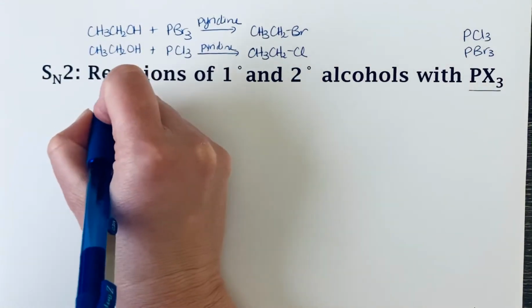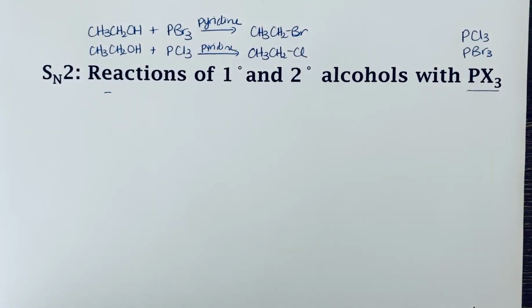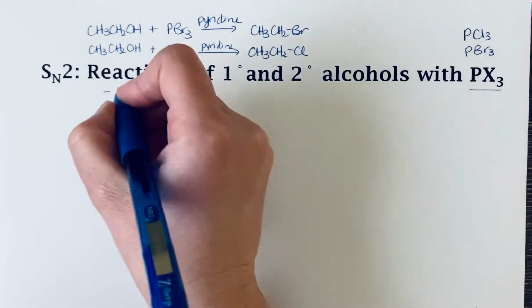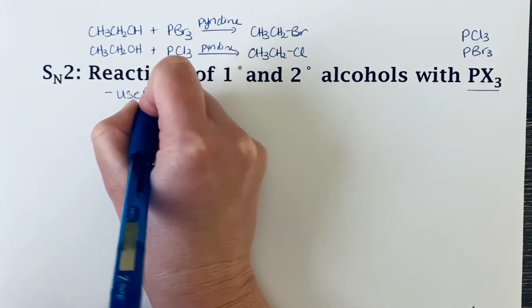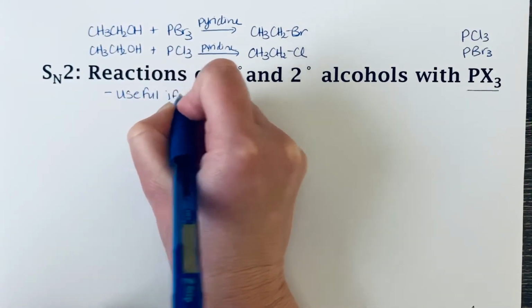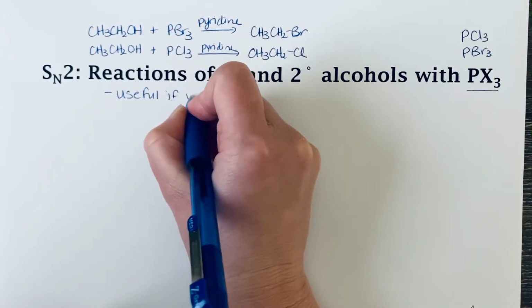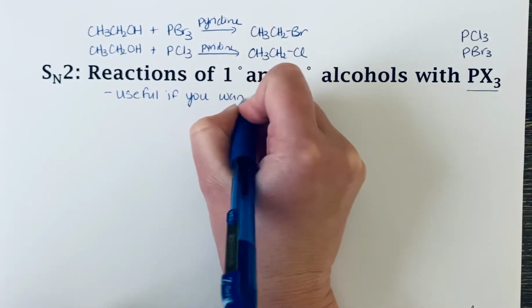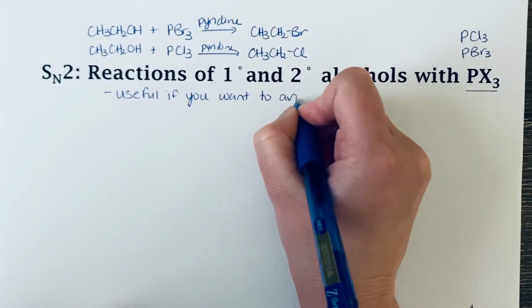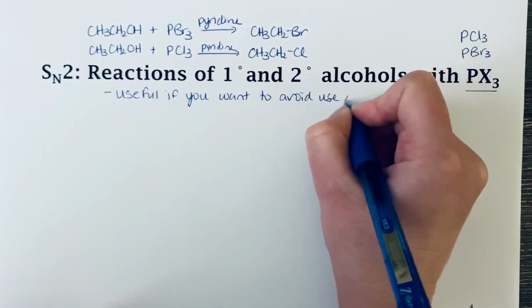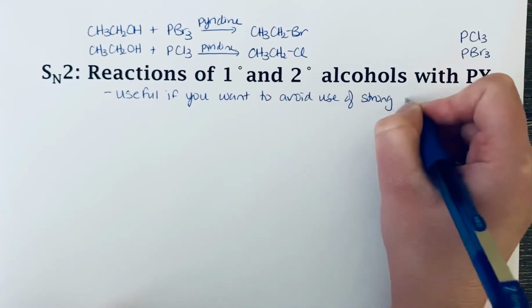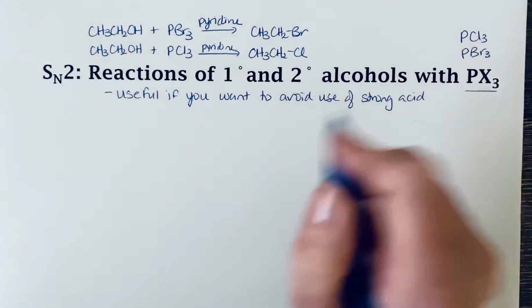So where this is useful is if you have a primary or secondary alcohol and you want to convert it into an alkyl halide and you don't want to use the harsh conditions of HCl or HBr. Those are both strong acids. So this is useful for a lot of things, but useful if we want to avoid the use of strong acids. So if we don't want to use a strong acid,